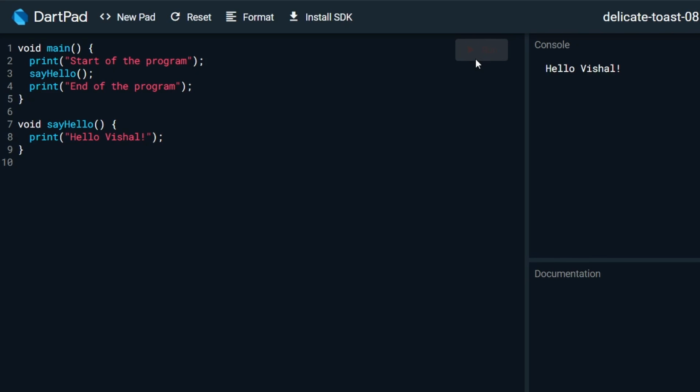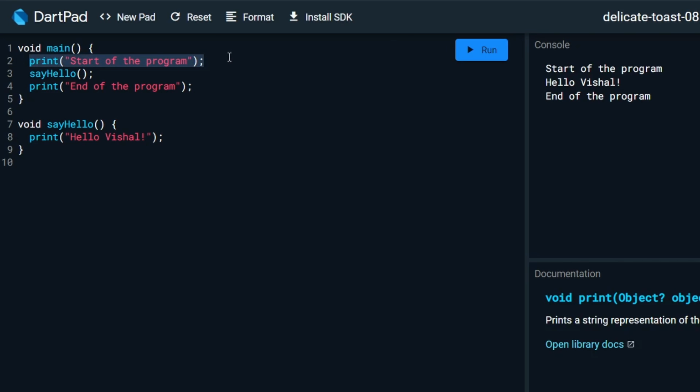And if I run this, you can see that in the main function it first prints start of the program, it calls sayHello, the program counter goes to the 8th line, executes all the lines in the sayHello function, comes back to the main function and prints end of the program. That's what is happening over here.